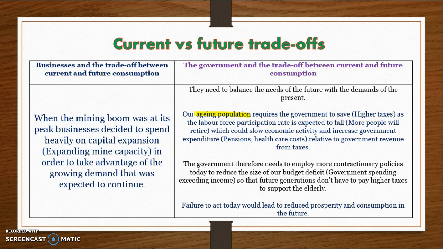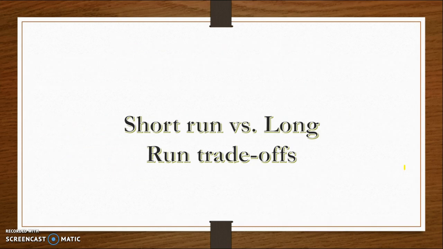So if the government decide to raise tax to generate enough revenue for the government, that may lead to a slowdown in economic activity, and therefore that may lead to reduced growth in the short term. So if the government implements what we call contractionary policies, which is policies to slow down the economy, they can reduce our budget deficit and give the government more money for the future, and therefore hopefully keep taxes down in the future, but they may hurt the current generation. Okay, we'll talk about short run versus long run trade-offs in the next video.